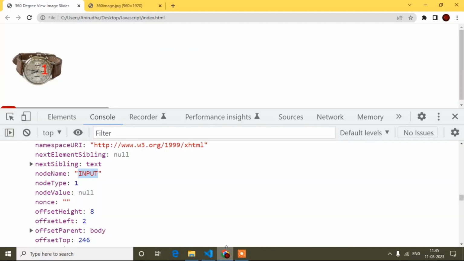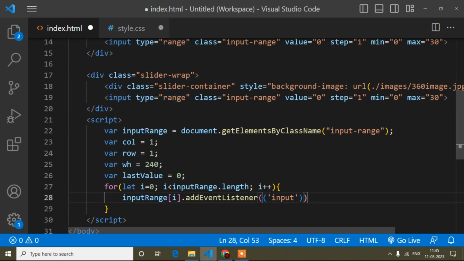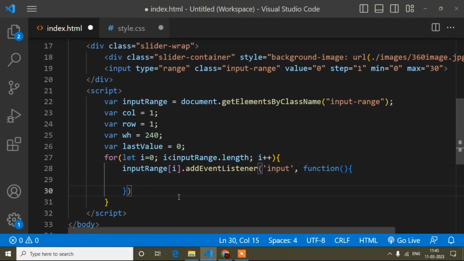Here I'm not clicking, if you notice, I'm dragging, so this event is called input. After that I will write a comma and then function like this. I just added 2 parentheses by mistake, I will remove one.